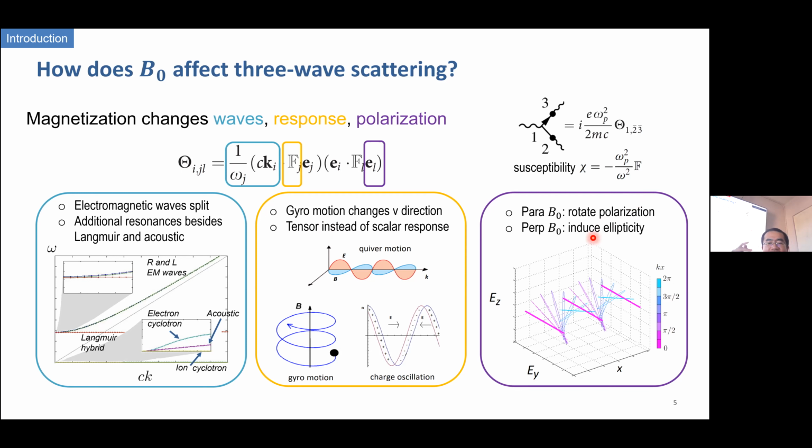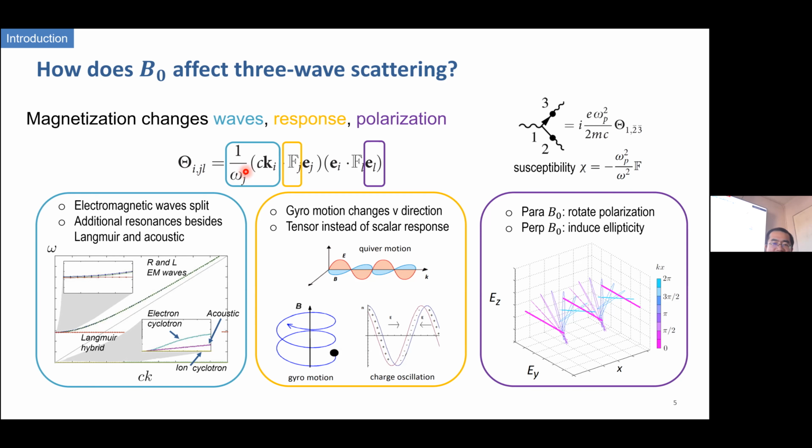And also, if you shoot with a perpendicular K, then you have this induced ellipticity. Namely, if you shoot a linearly polarized laser, the laser propagates and becomes circularly polarized at some points, or more generally, it's elliptically polarized. So if you change polarization, E, so three E's appear. If you change the plasma response, the F, and if you change the electromagnetic spectrum, the wave spectrum, then everything will change. And that's how the magnetic field makes everything complicated,